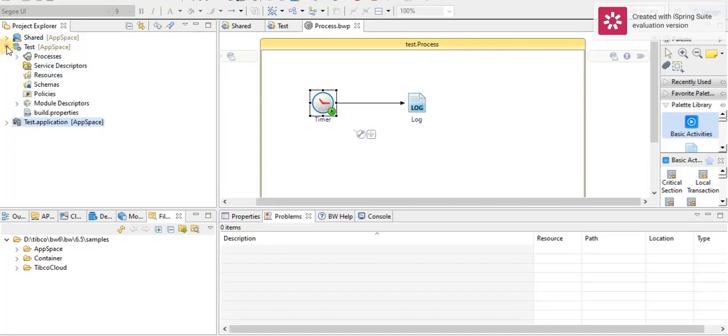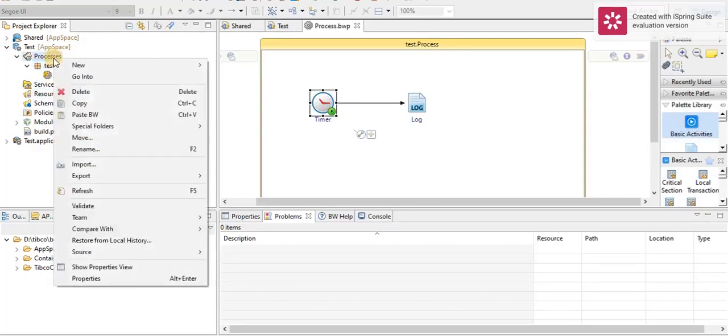So let's see test application. Inside test, there is a folder structure. The Process folder is created, and inside that there is a package test created, and inside that there is a blank process.bwp. This is the place where I have implemented our logic. So the process folder's default name we should not change. Inside that, n number of packages we can create and we can name them as per our need. Inside each package, we can create n number of starter processes and sub-processes.